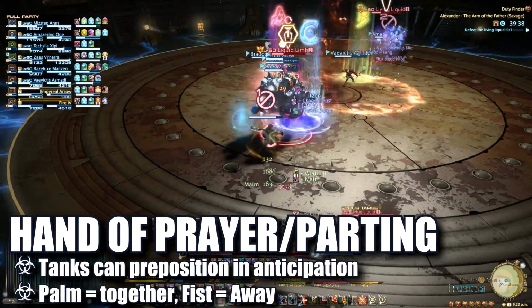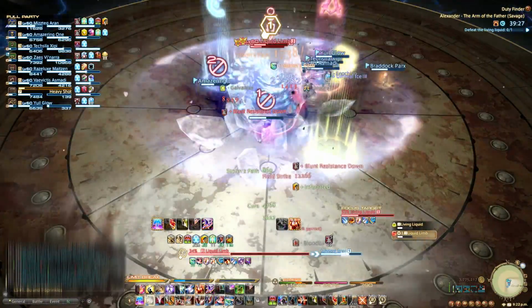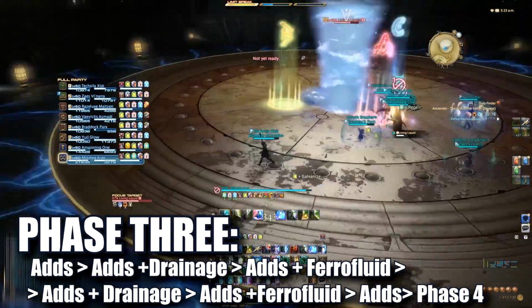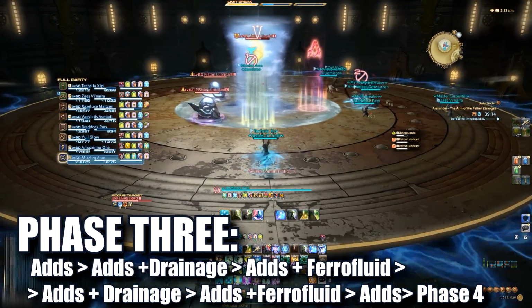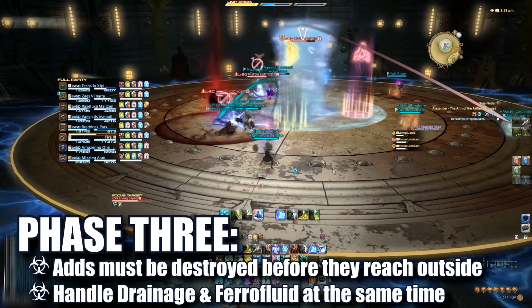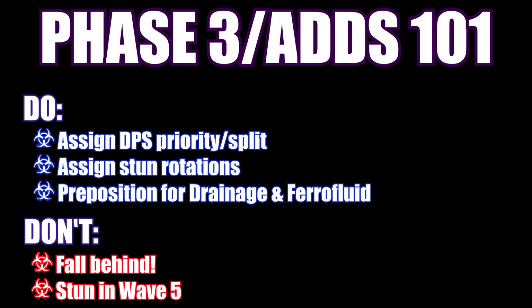Next, a hand will glow again, and tanks will move their hands appropriately. One last Fluid Swing to deal with before the hands return to the center and phase 3 begins. As with normal mode, Phase 3 will deal with a ton of ads that do their best to get to the outside. Should any ad reach the outside, they will explode, apply paralyze to everyone, deal massive damage, and you will probably wipe. Assigning DPS priorities, stun rotations, and pre-positioning for each wave will help you stay on top of